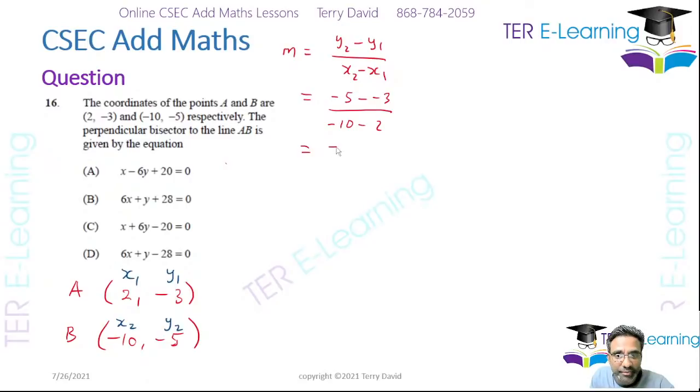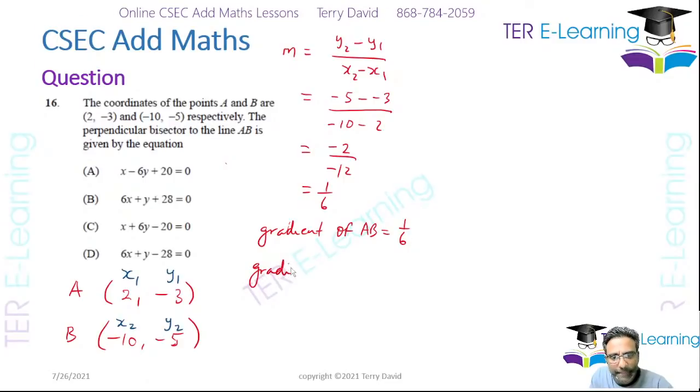So this is going to give me minus 2 divided by minus 10 minus 2, which is minus 12. So therefore this is 1 over 6, right? Now that's the gradient of AB, right? So this here is the gradient of AB, which is 1 over 6. So the gradient of the perpendicular bisector